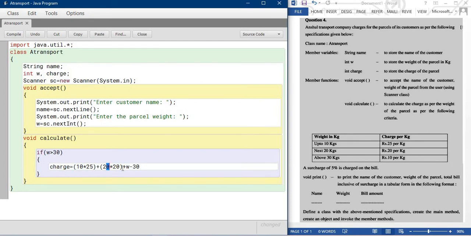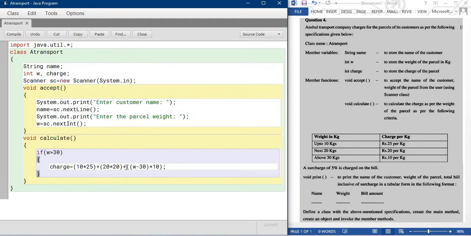So 30 kg is over, I am decreasing the total weight by 30, and you get the extra kg into 10 rupees per kg. This is the calculation way.